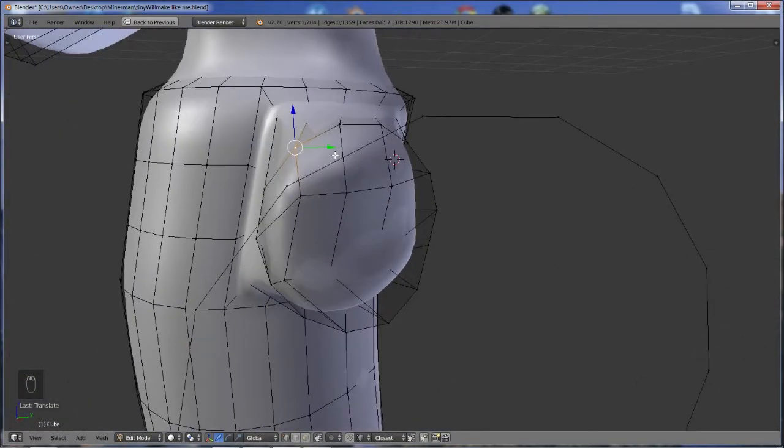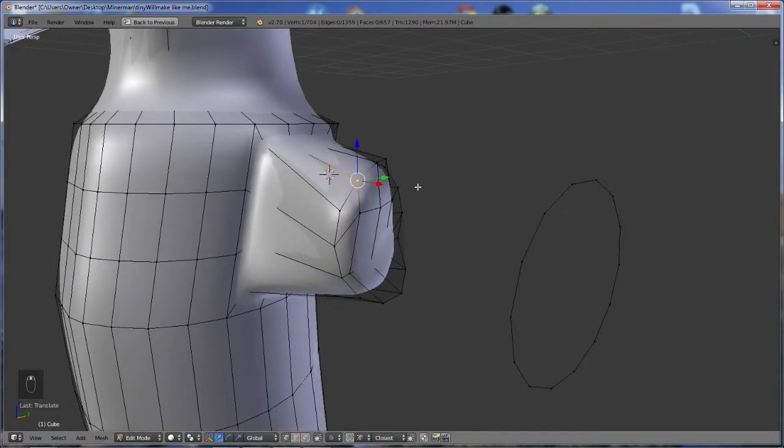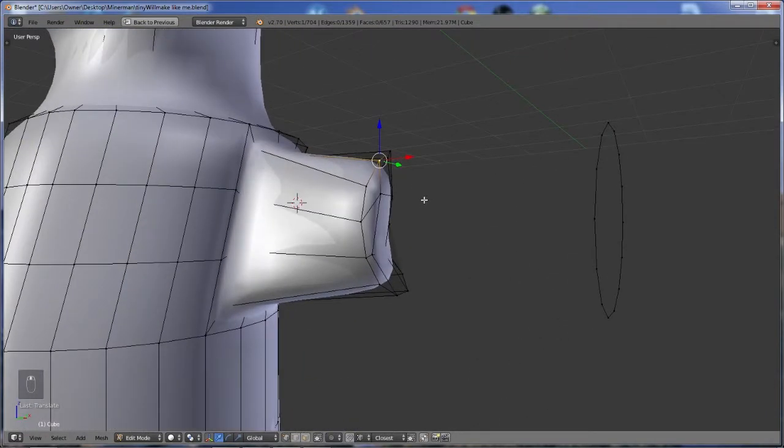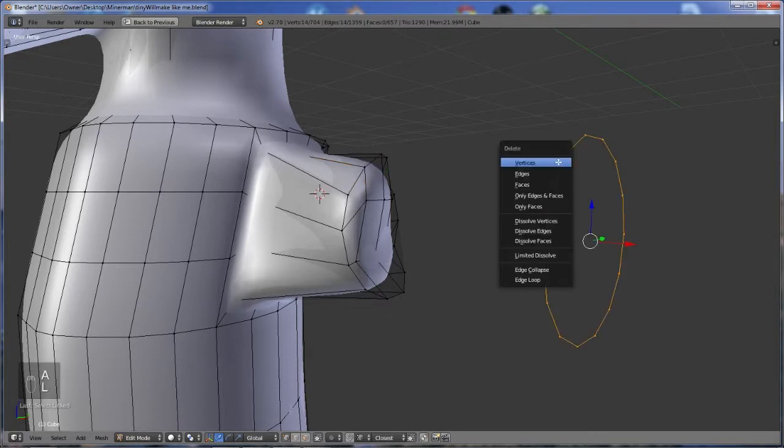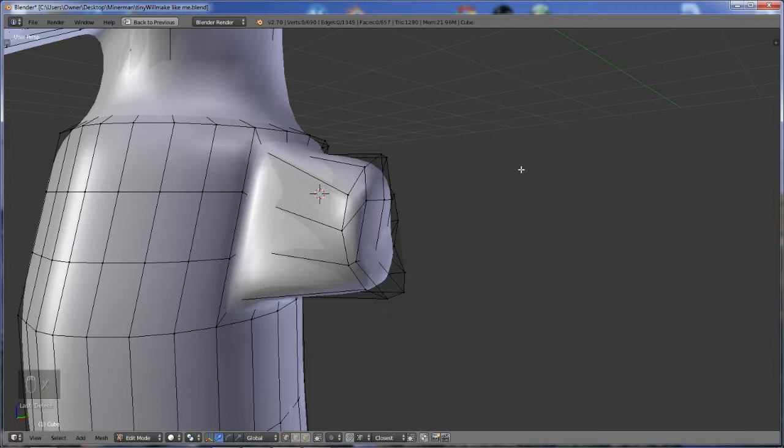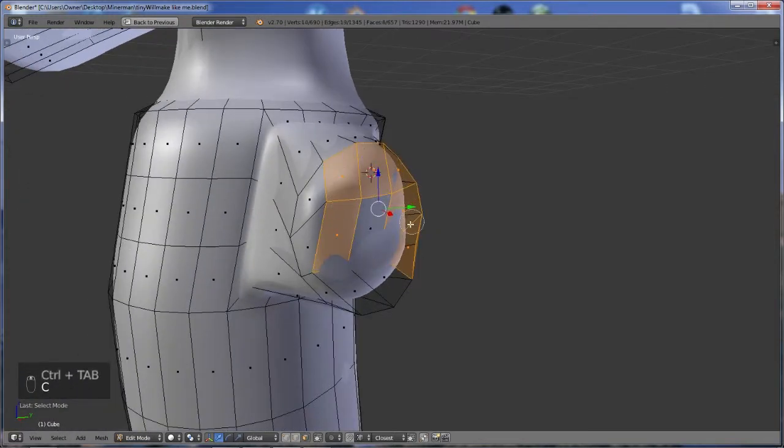And there you have it. It's actually a little ugly, but we can come in here and we can scale those vertices. It's no big deal how it looks right now. So let's come in here, let's select this circle of vertices. Hit X, delete those vertices. Control Tab, come in here, let's select these